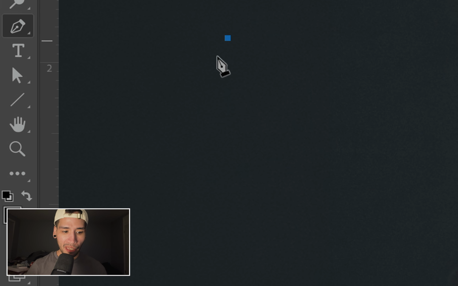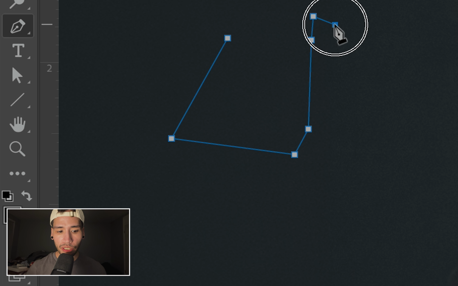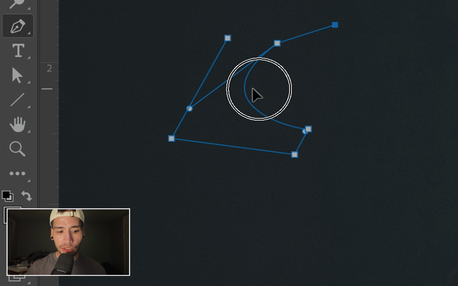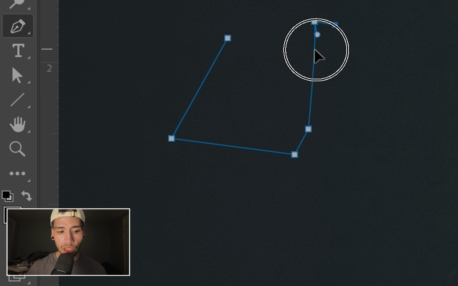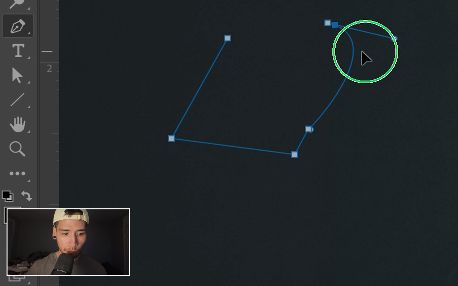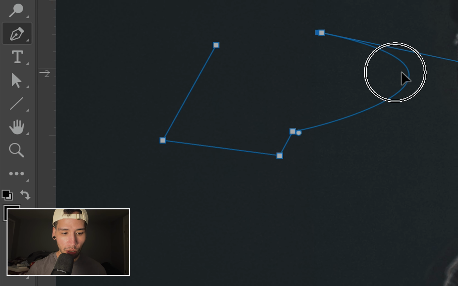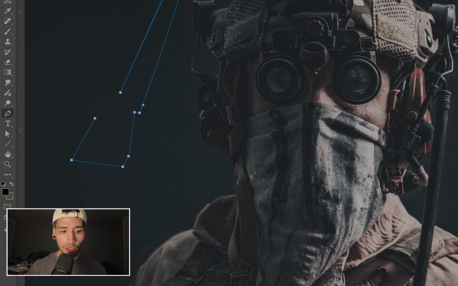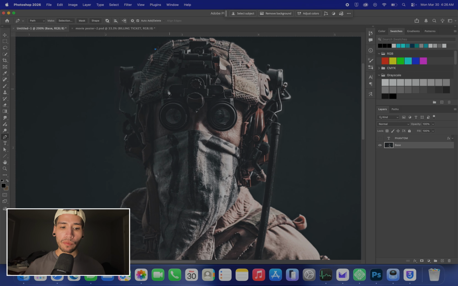The pen tool is very much about dropping these anchors, and those are your selection points, and then you can move the anchors and such. It's actually pretty cool. But what we're going to do for this tutorial is cut out the goggles from the